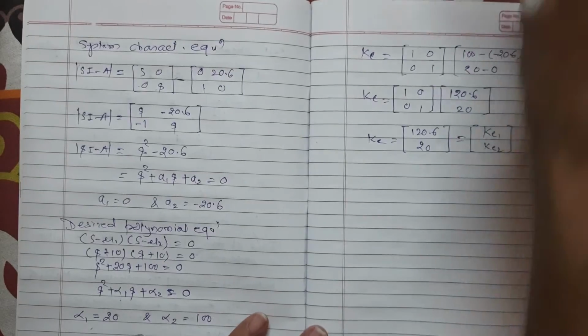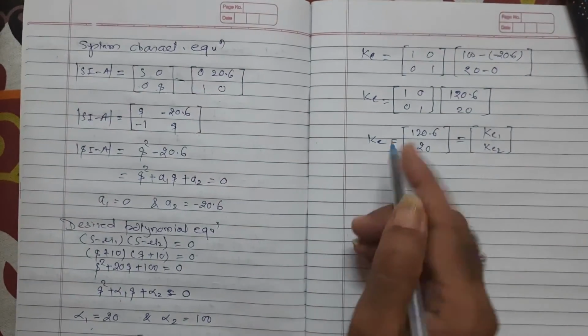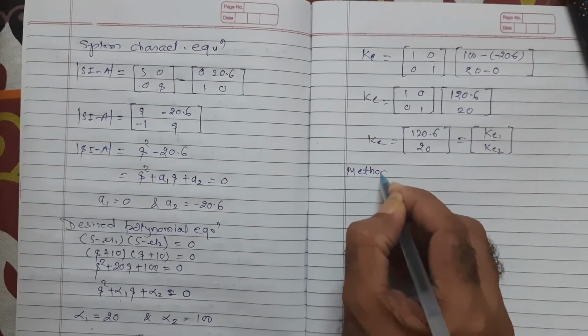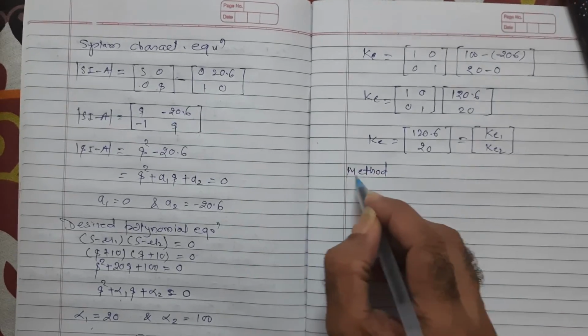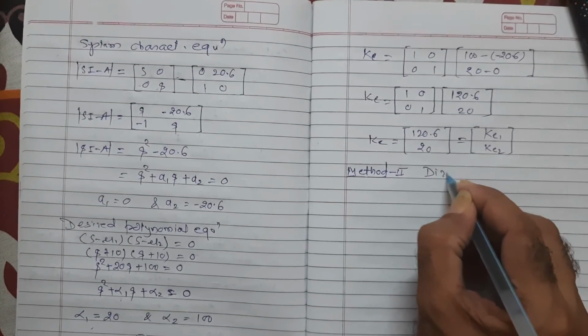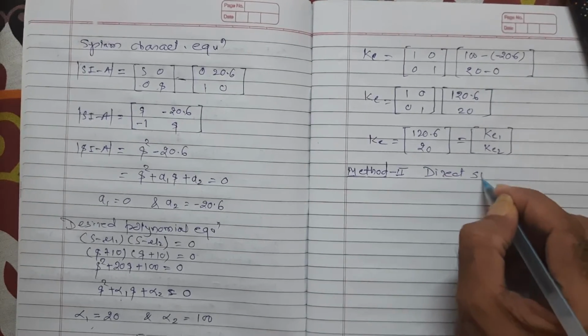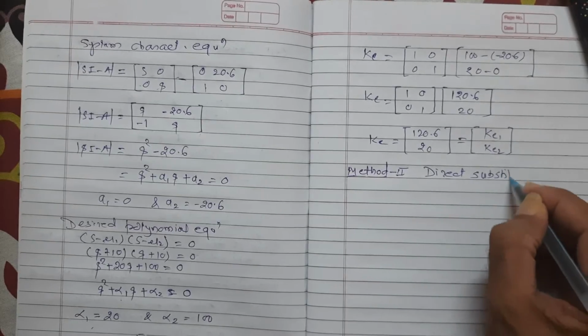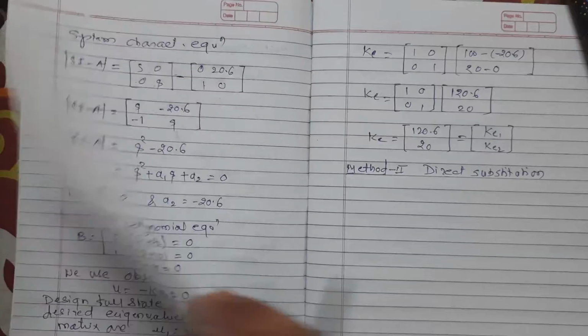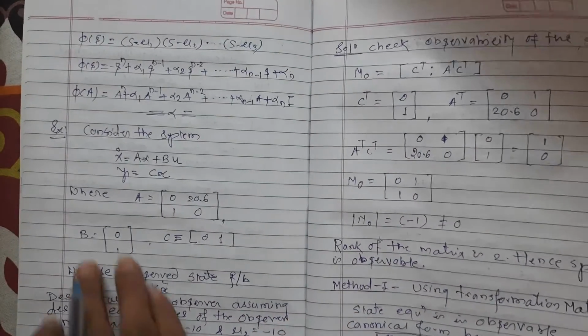Now we will see the second method, that is, we will calculate the state observer matrix. Method 2, the direct substitution method. Now see here, in the direct substitution method,